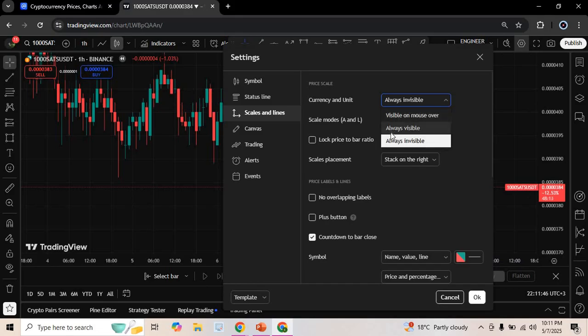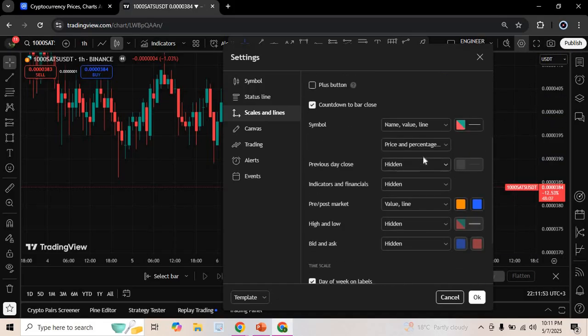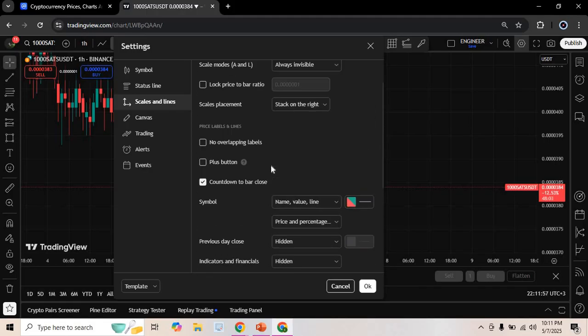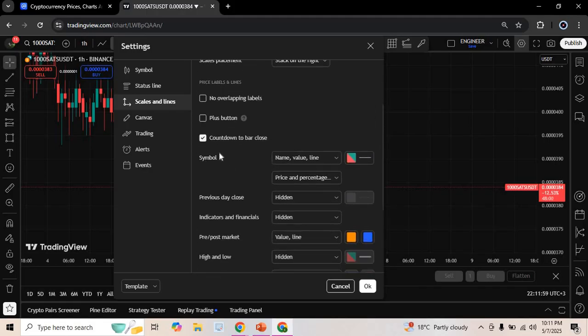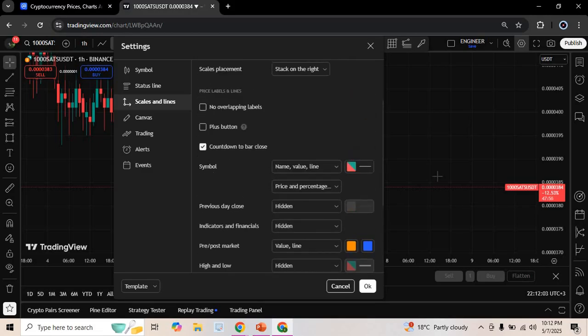But if I want that to appear, I'll just come and set it right there. So these are things you can come and explore on your own, but I'll just mention maybe a few. The symbol part, I'll talk about the symbol part because the rest you can come and explore on your own. The symbol part, because I feel it's very important for everyone to have it. The symbol is basically